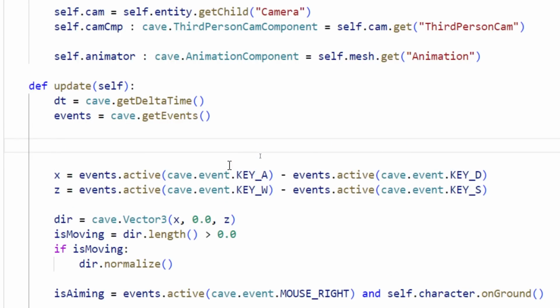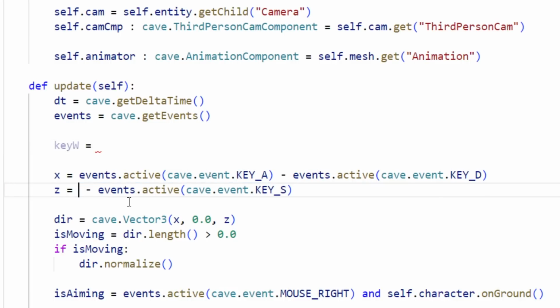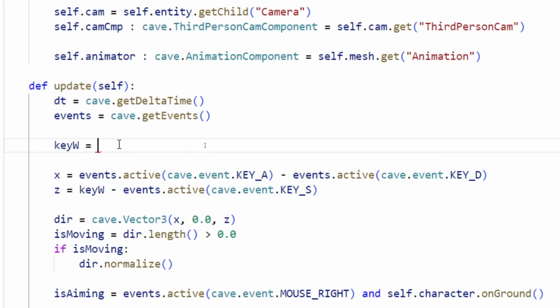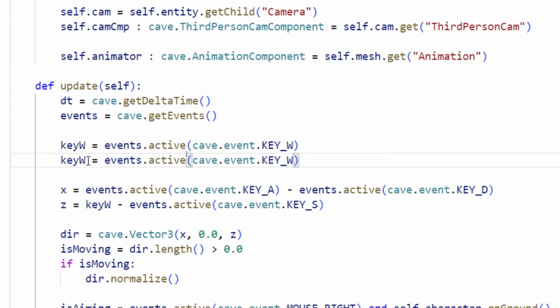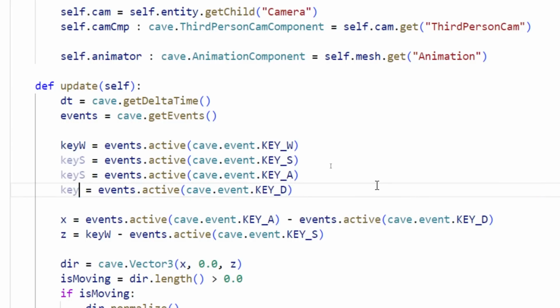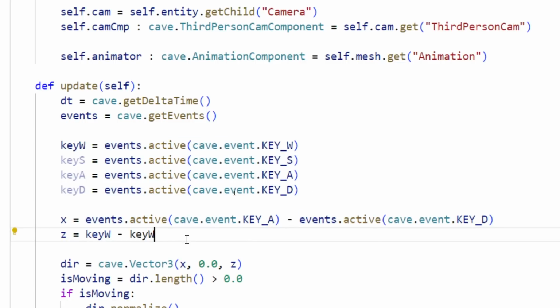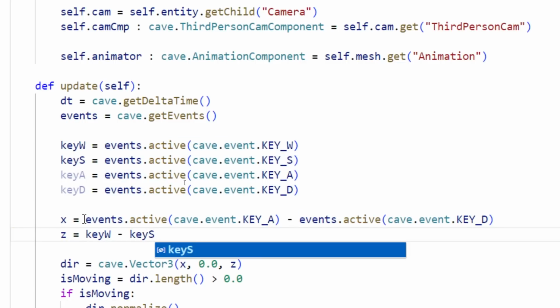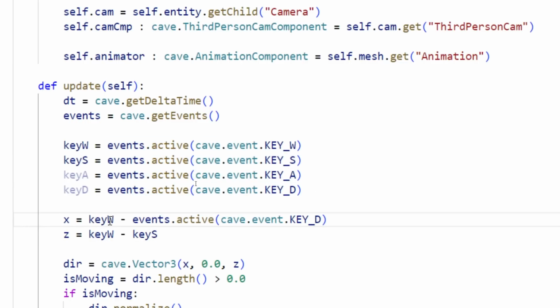I'll put key W, then I replace this with key W, and I'll do the same thing with all the other keys, A and D. And here, of course, I'm doing this. Good. And why this? Because then,